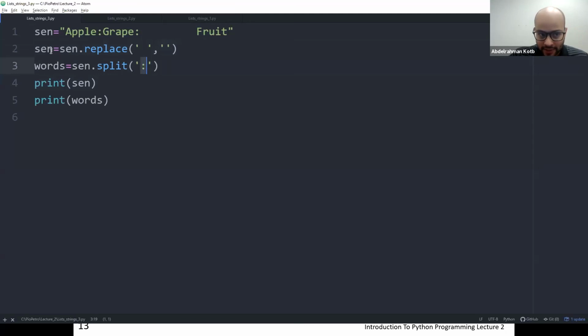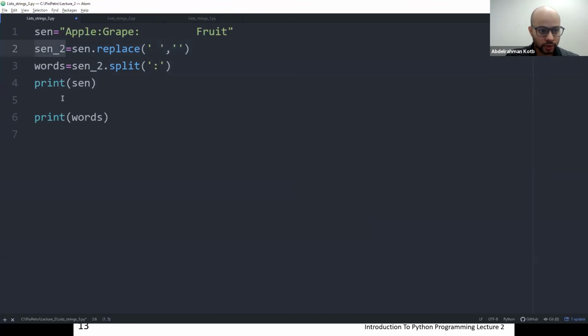And then if you look at the sentence, let me do this, so that I show you that it is still the same. I want to show you that they will stay the same.